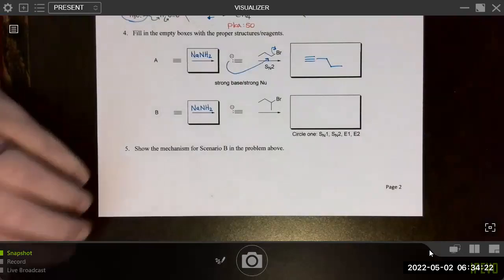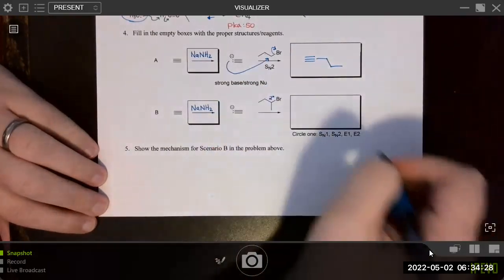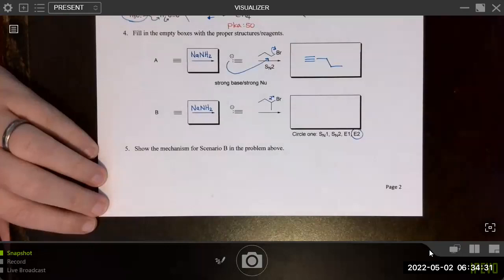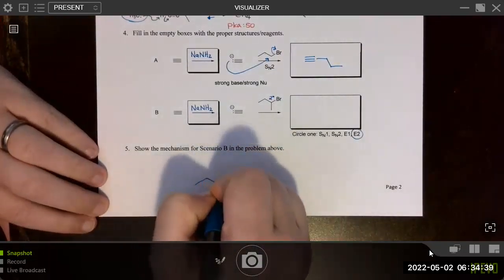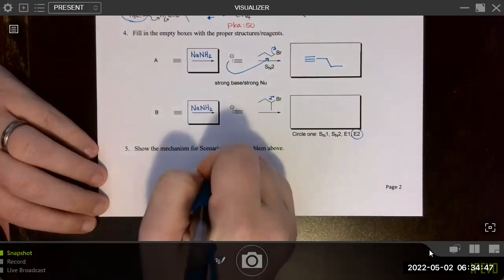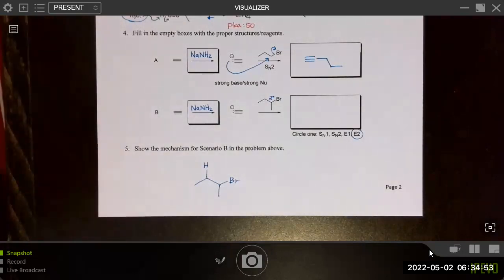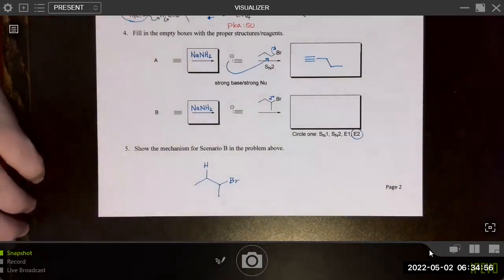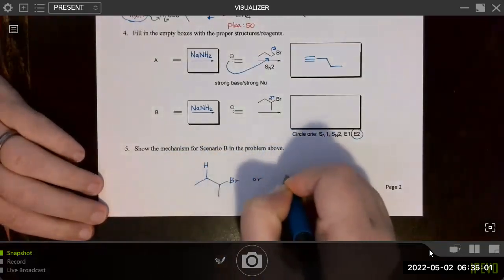So here, though, unfortunately, this is a secondary alkyl halide. So this is going to favor E2 over SN2. So as a result, it will do E2. And the mechanism for that, this is considered a non-bulky base, so it will likely take the more hindered proton to get the more stable, more substituted alkene. So you can think of it like this, or you could flip it.